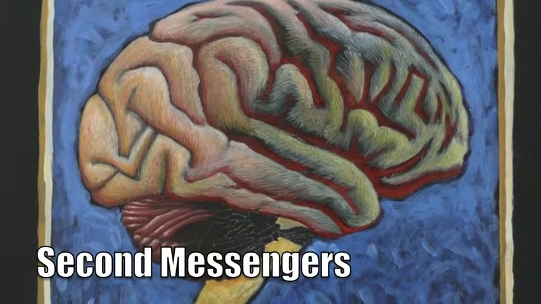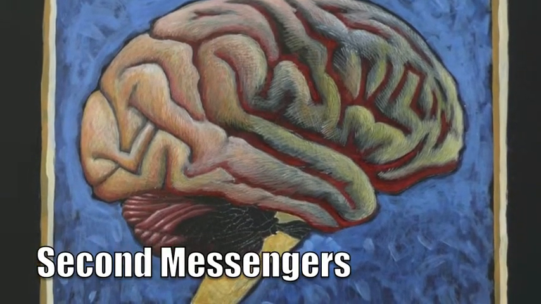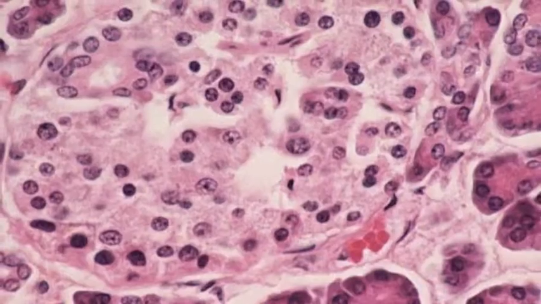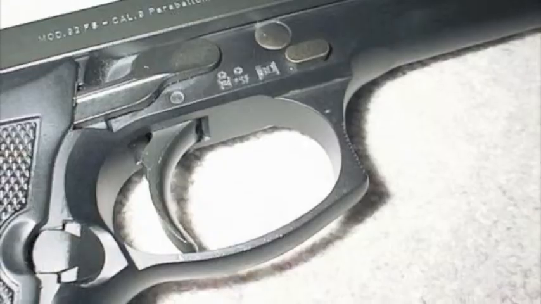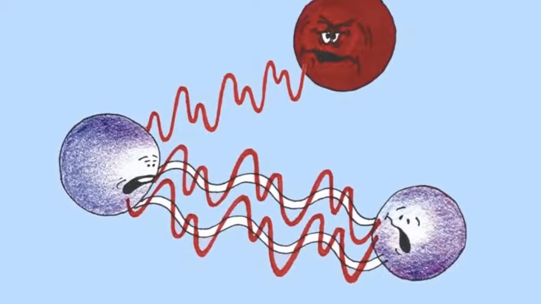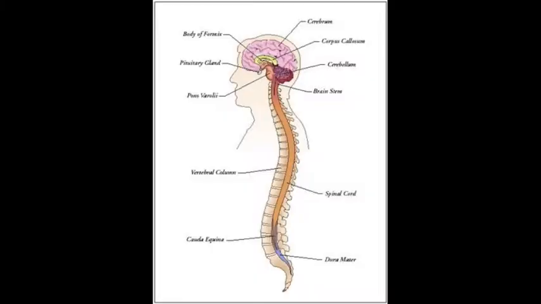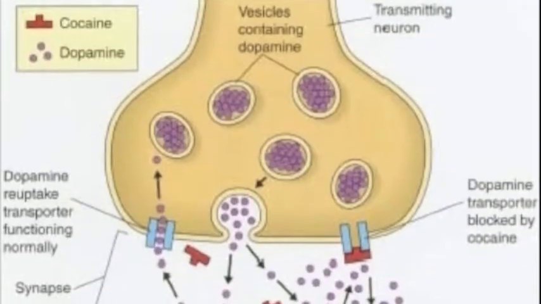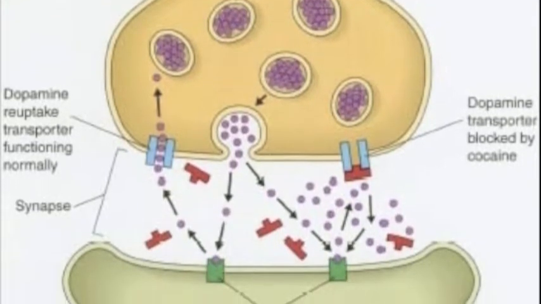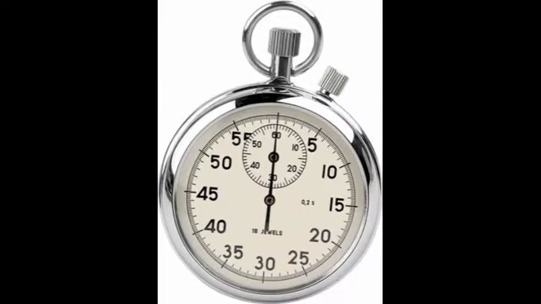Second messengers. Second messengers are molecules that are found in the cytoplasm of a cell, which trigger biochemical communication between other cells. These communications can be responsible for long-term changes in the nervous system. The second messengers relay the chemical message of a neurotransmitter to the cell's internal biochemical machinery. The effects may last from a few milliseconds to many minutes.